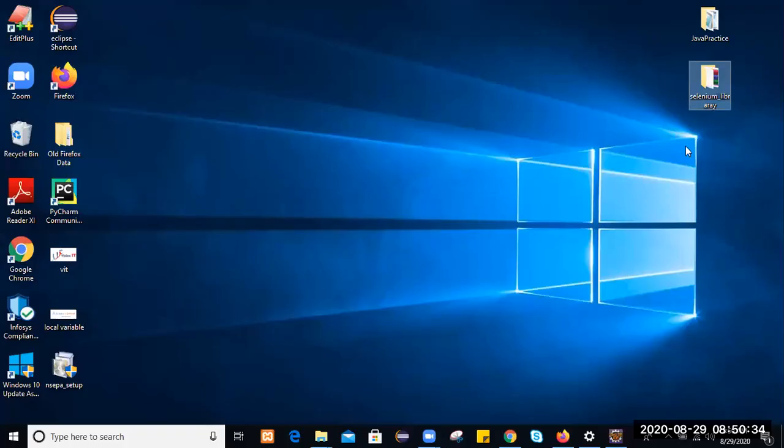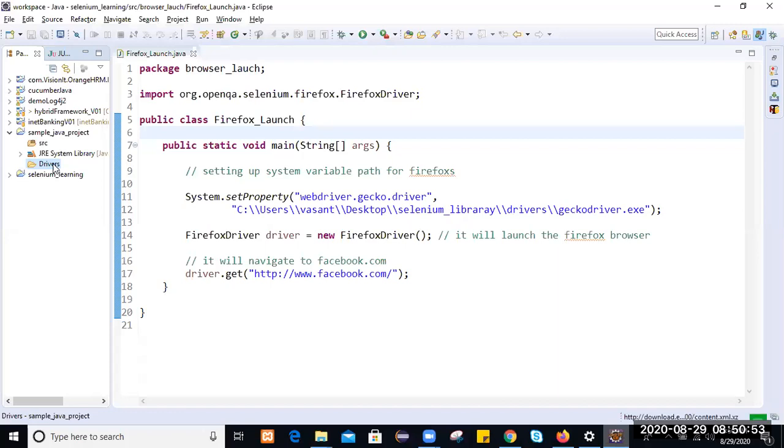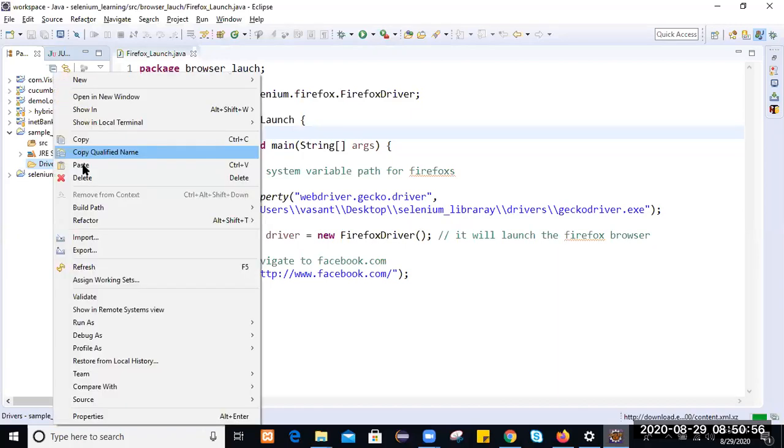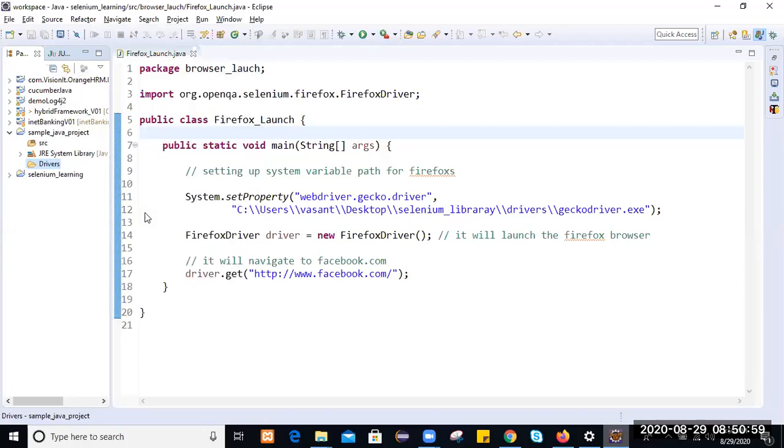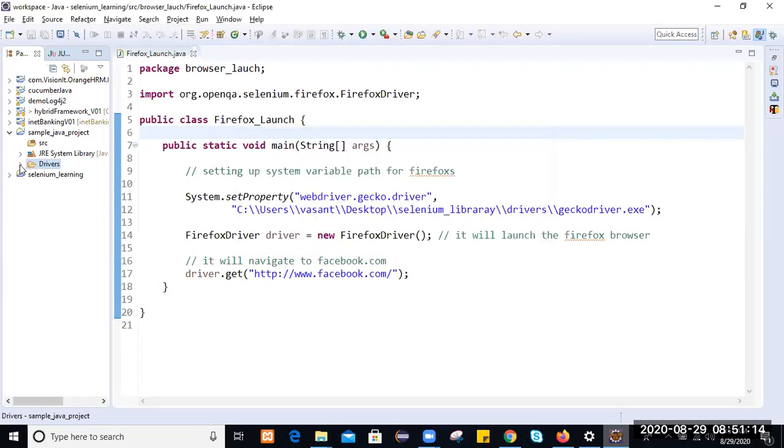Just go to the location and copy these three drivers: ChromeDriver, GeckoDriver, IEDriverServer. Go to the drivers folder in the current working directory and paste all of them there. Once pasted, all the drivers will come here in the sample-java project.